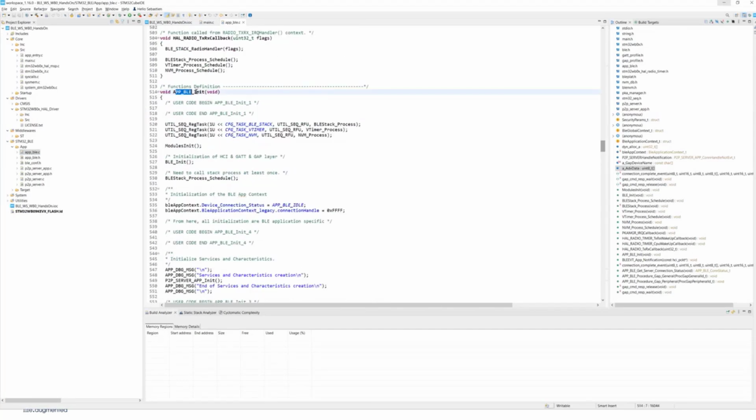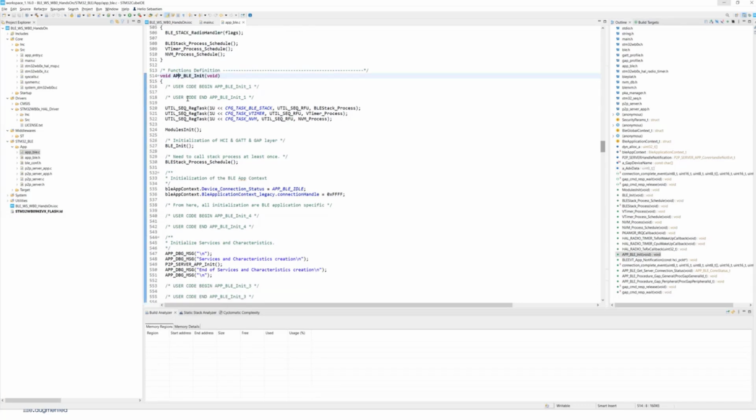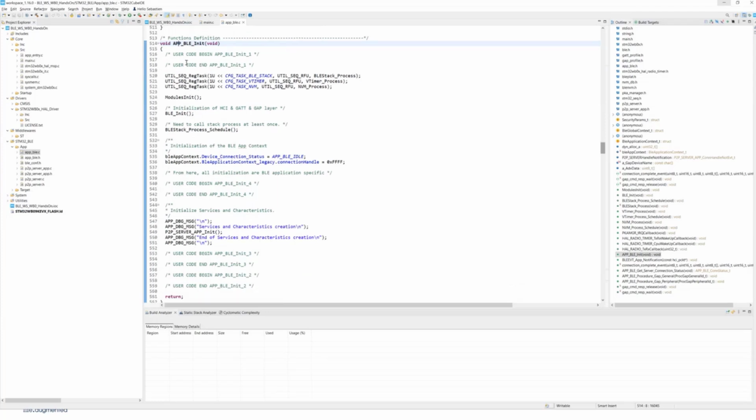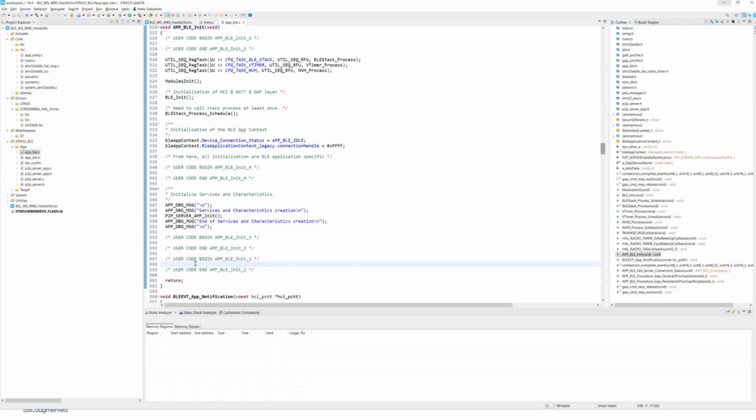And here we have this app_ble_init function. This is the initialization of our Bluetooth low energy application. So at the end of this function, in the user code section, when I finish all initialization, all service initialization, I can say, okay, start advertising.